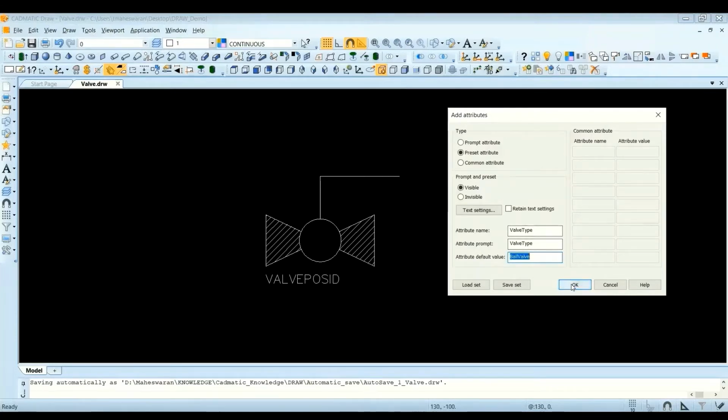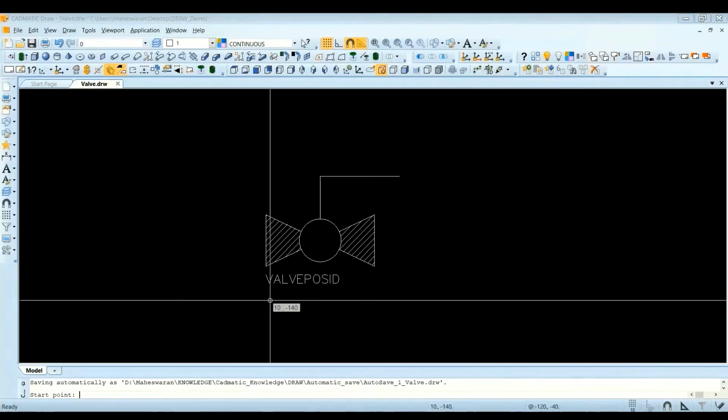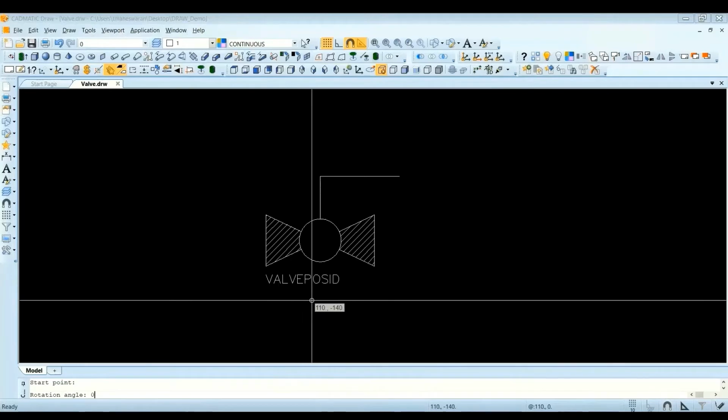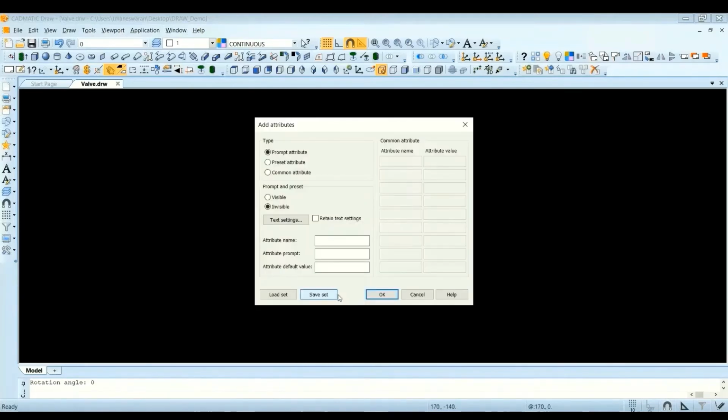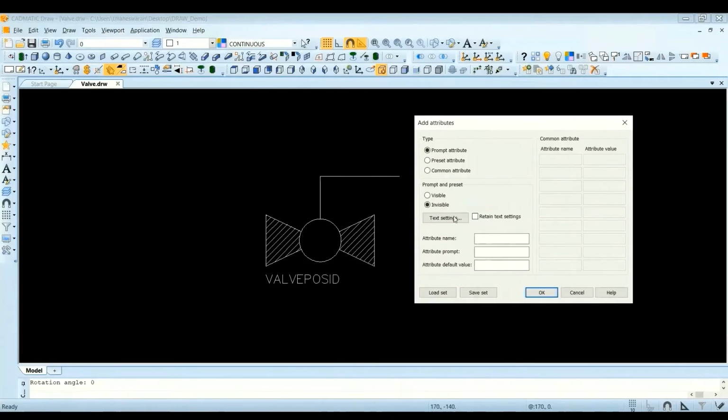Visible, and then I'll press OK. Now again I can specify at which location it has to print the label. Now you can see the valve position ID. So these are the preset attributes. While entering the value, it comes.